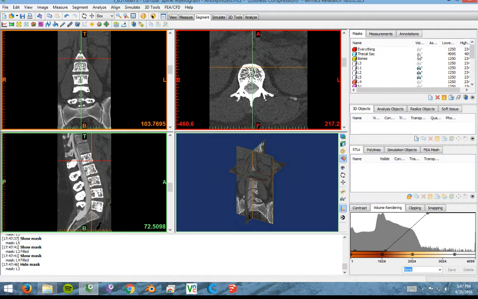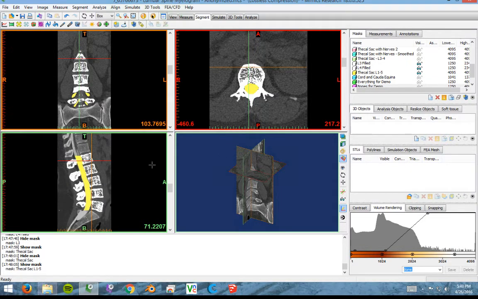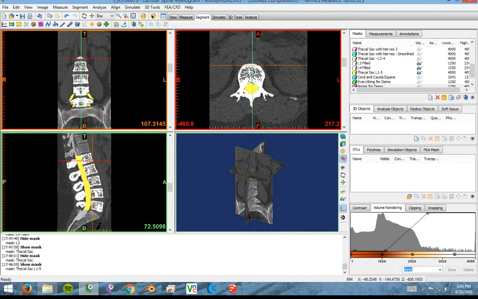Now, see what that looks like. That's the whole thecal sac. And then we have a thecal sac L1 through L5 right here. Okay. Now, one of the things you're going to notice about the thecal sac is I actually put nerves into my segmentation. This was kind of an imperfect process. I was doing some guesswork. You can see here